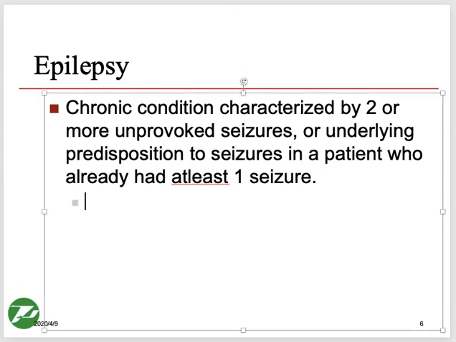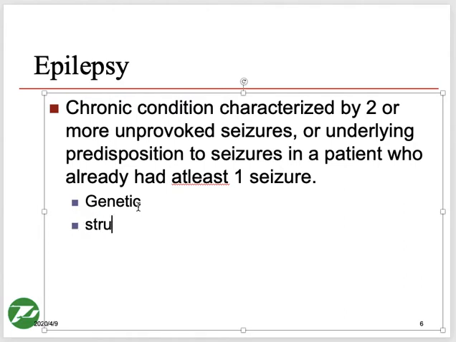Etiology of the patients who have epilepsy, number one is genetic. Okay. And that's the reason I wrote it on the top of the list, because whenever we take the history in any patient, and we want to see whether there are higher chances of getting epilepsy or not, we always ask, does anyone in the family have seizures? Okay. Because if they say yes, someone in the family does have seizures, then the chances of getting epilepsy are very, very, very high, right?